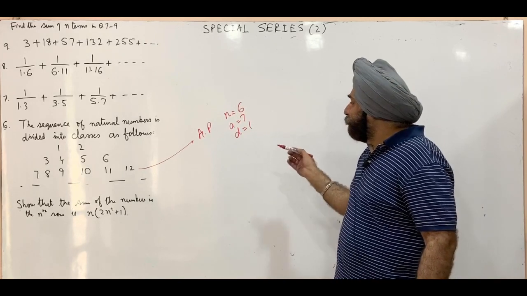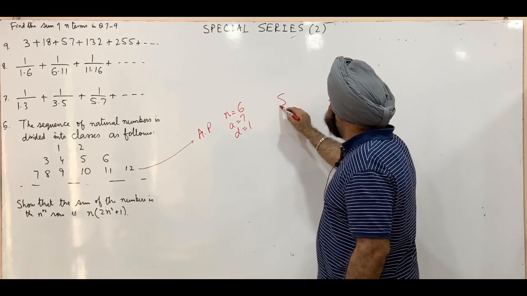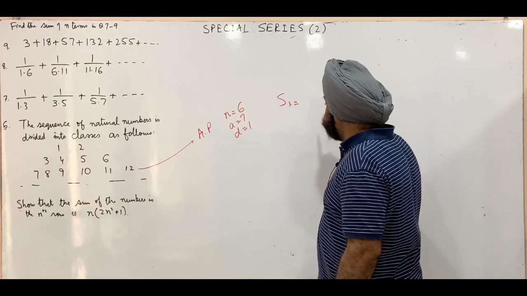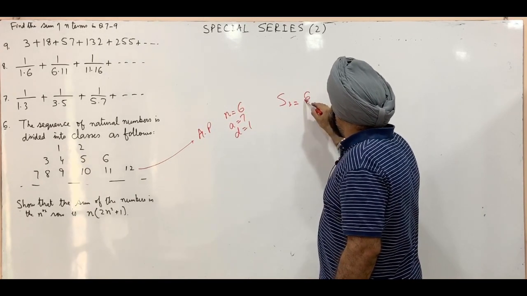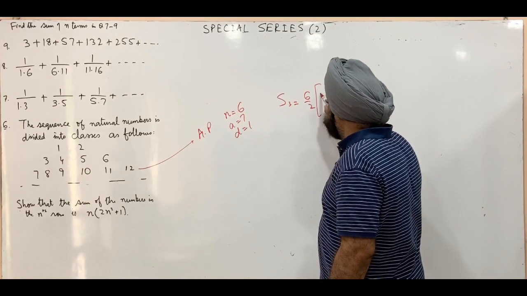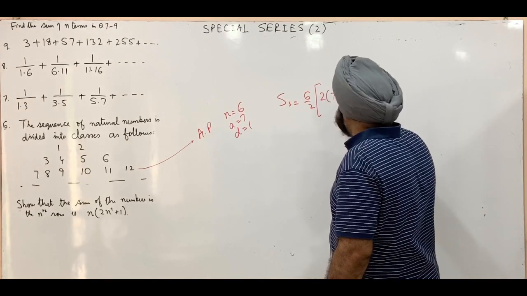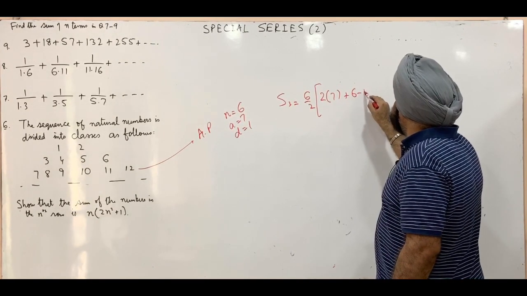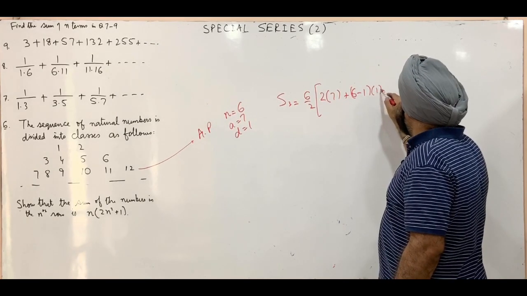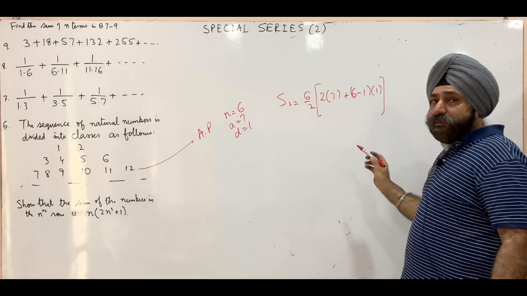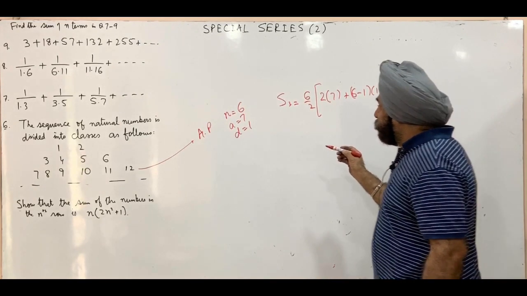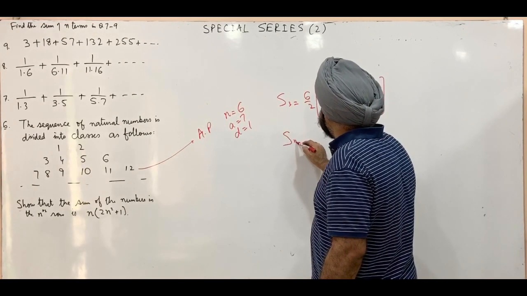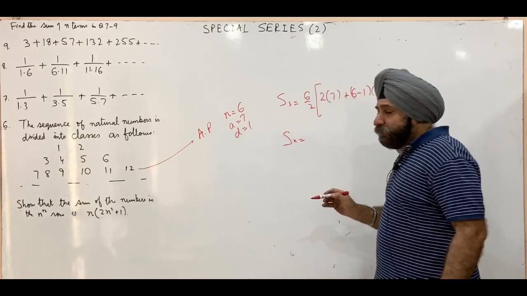So how do I find out sum of numbers in the third row? Sum of numbers in the third row, this will be n by 2 into 2a plus n minus 1 into common difference of 1, with n as 6. So this will give us sum of numbers in the third row. What about sum of numbers in the nth row? So